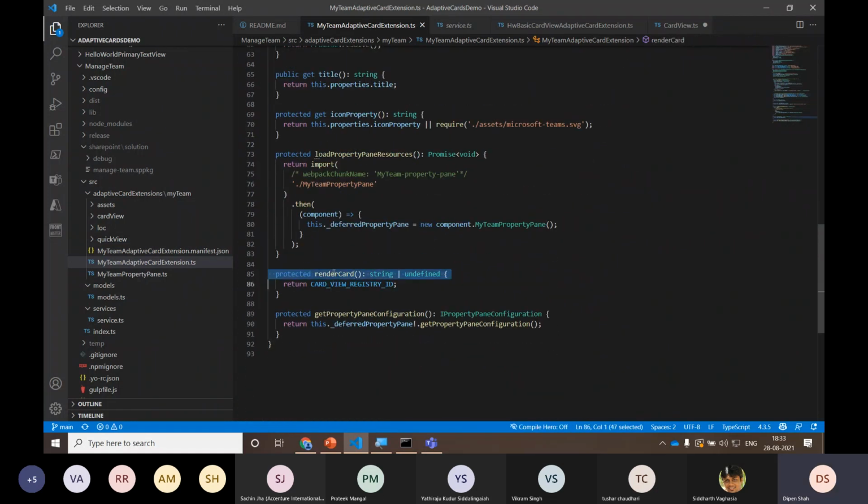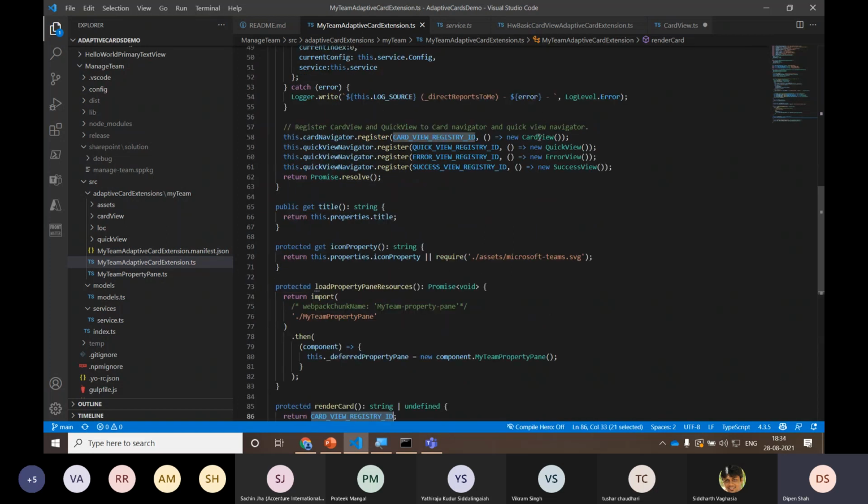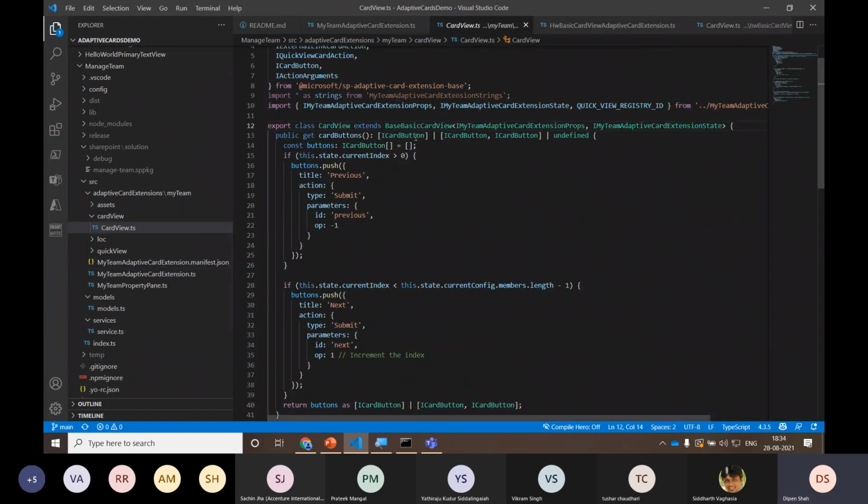Yeah, and inside the render method, I am rendering the card view register ID. That's my default card view. And the card view extends from the basic card view. Now I have set up certain initial values in the state, and I am using those values in that card view to render the dynamic buttons, previous and next.